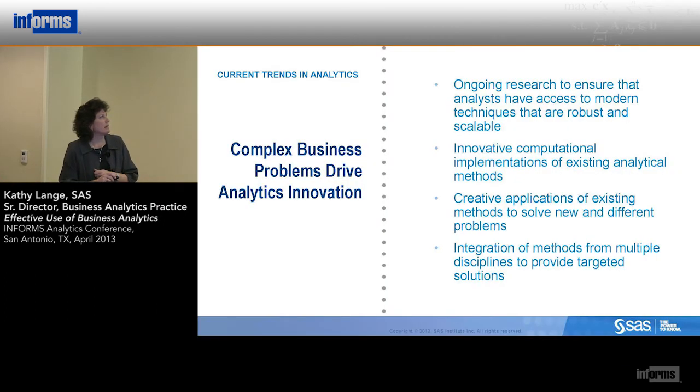So, current trends in analytics. Certainly there's all kinds of ongoing research, and we have to adapt to that. Looking at modern techniques, we just put a random forest, which was a brand new algorithm, into our set of algorithms. We're looking at these computational implementations. All this technology is coming out. You've got in-memory, you've got in-database, you've got grid, which isn't new, but which are the right things that you should be looking at in your organization? What are your issues? Do you have throughput issues? Do you have modeling issues? What are the issues and the constraints within your business that would lead you to one technology or the other?